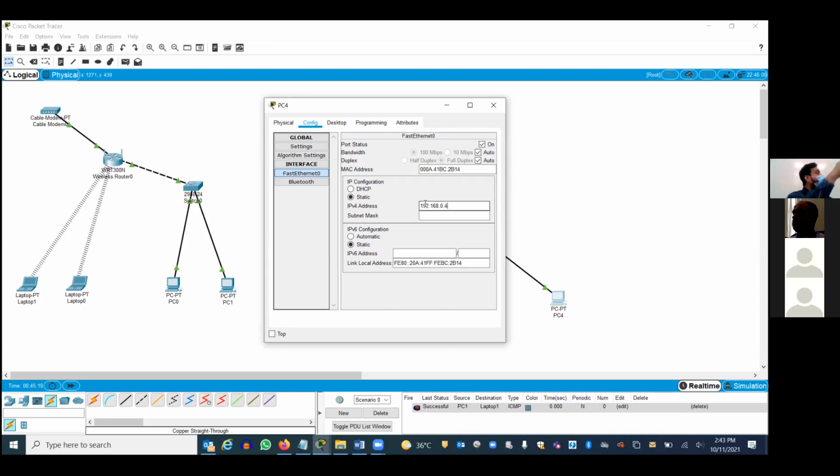DHCP can be through wired also. What do you mean by DHCP? You just need to enable a DHCP server, which supplies the IP address. The moment you connect physically, whether it is wired or wireless, doesn't matter. DHCP will supply. If DHCP is disabled, what will happen? Whether you connected or not, you will not get an IP address. Correct?